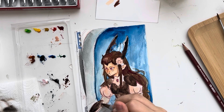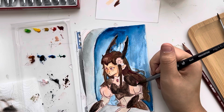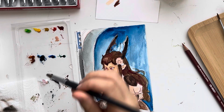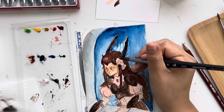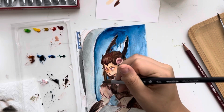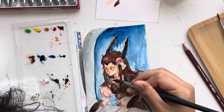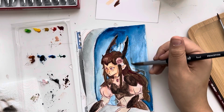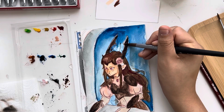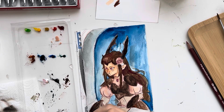Yeah, so I have this idea of her looking out the window and one of her friends asking her to maybe come spar, or like when you're a child and your friend is asking you, hey, come on outside. It's capturing that same feeling of excitement, of going on an adventure. I wanted to make the focus on her, which is why I didn't put a lot of detail in the background. I also just didn't have the time. But yeah, that's Beetle. I really want to redesign her and the people from her story,